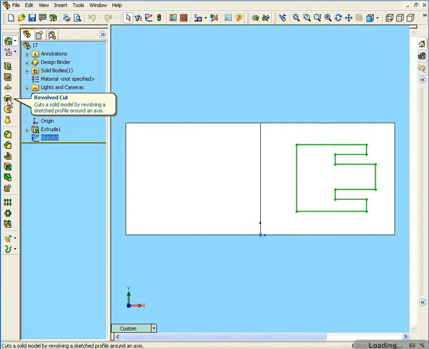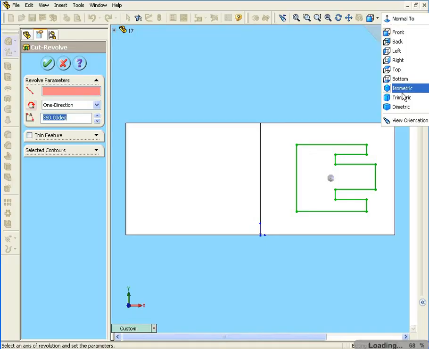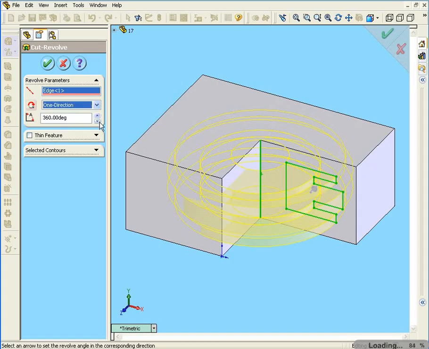Okay, let's select the revolved cut feature. And select a center line. We can select a number of center lines here, actually. We can also change the direction of the cut. We can choose one direction, change the angle,